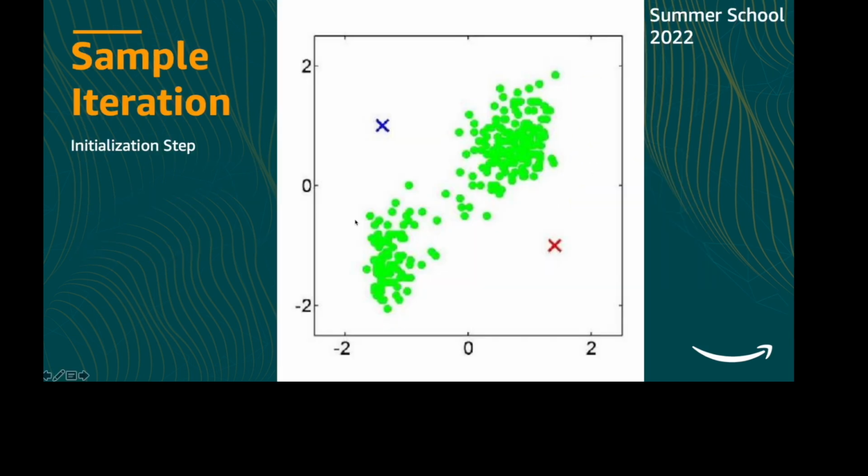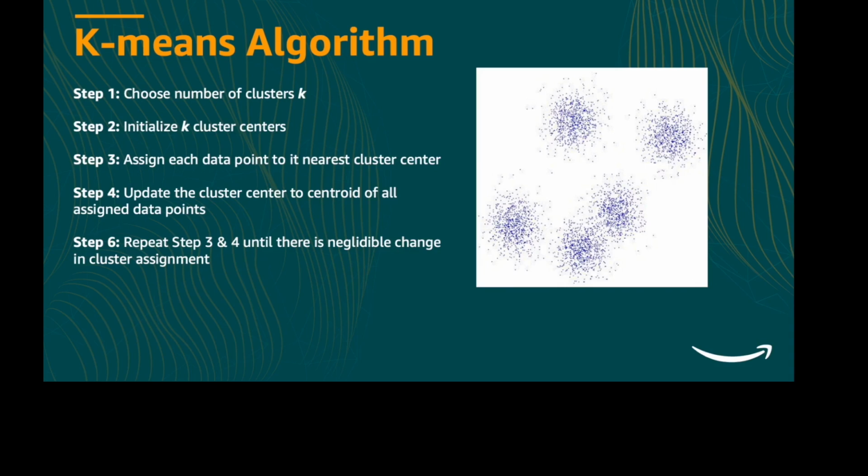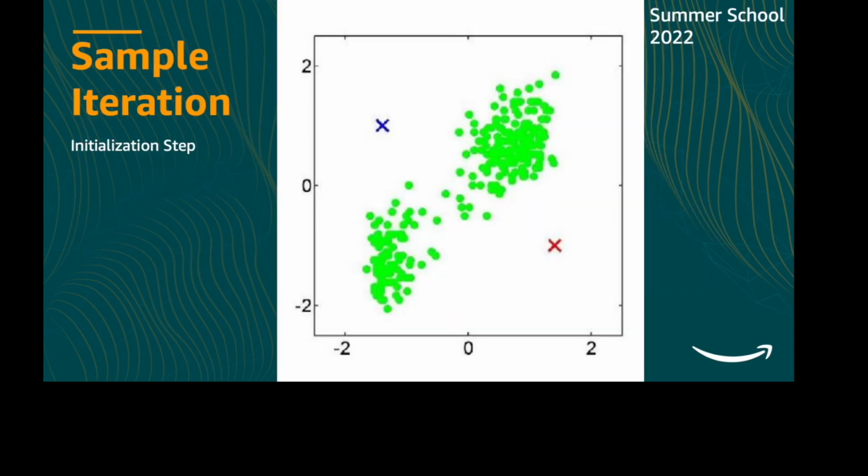Let's look at it with a visual example. Say you are given a data set, all the data points are green initially, and you want to cluster them into 2 groups. So in our case k is 2, and the data point dimension is also 2. How do we do it? Step 1 is done, we have chosen k as 2. Now the next step is to initialize the cluster centers. In this case, we randomly pick 2 data points from this 2D plane and set them as cluster centers.